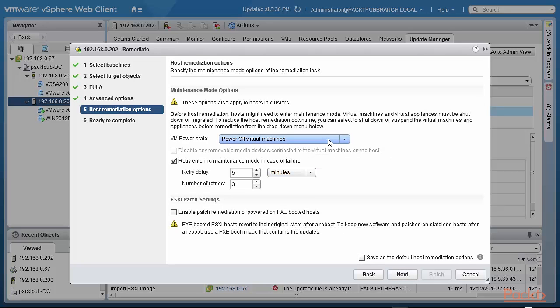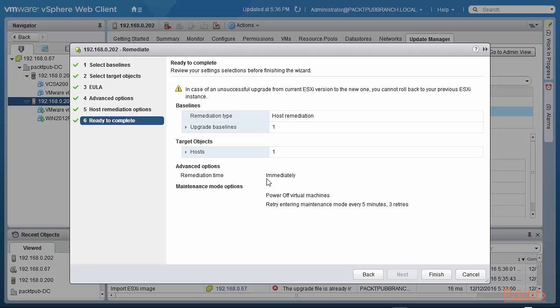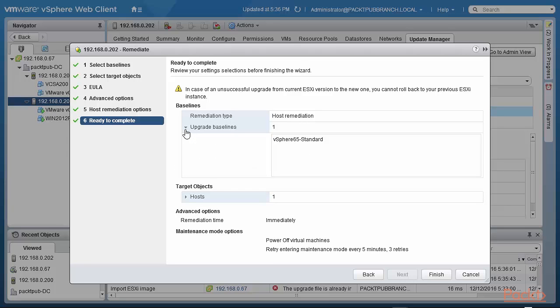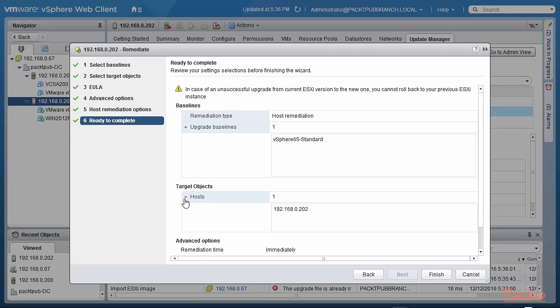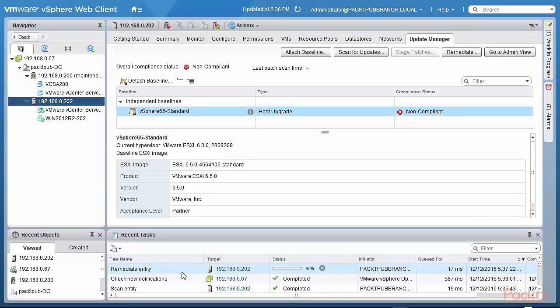If any virtual machines are on, power them off, and I think there are some. We will retry this a couple of times, 3 times in 5 minutes actually. And we are not worried about PXE booted hosts here. I click on next. Remediation immediately. Upgrade baseline to vSphere 6.5 standard, and the target host is 202. Excellent. I click on finish, and the remediate entity process begins, which will start powering off the